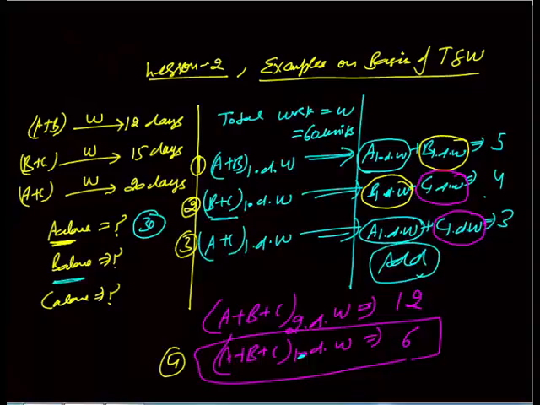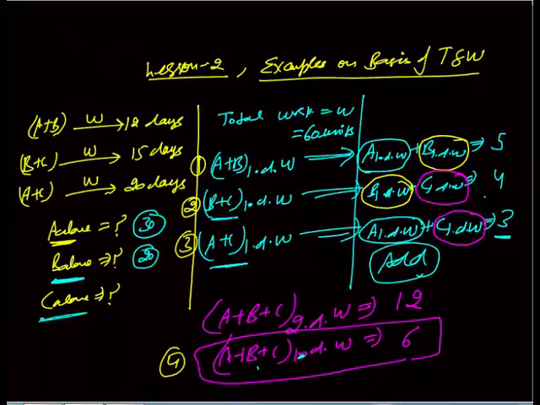What about B alone? Look at A and C. A and C one day work is 3. All three one day work is 6. So by common sense, B one day work would be 3, because A and C is doing 3, so B will do 3, total will be 6. So B is doing 3 units of work in one day. To do 60 will take 20 days.